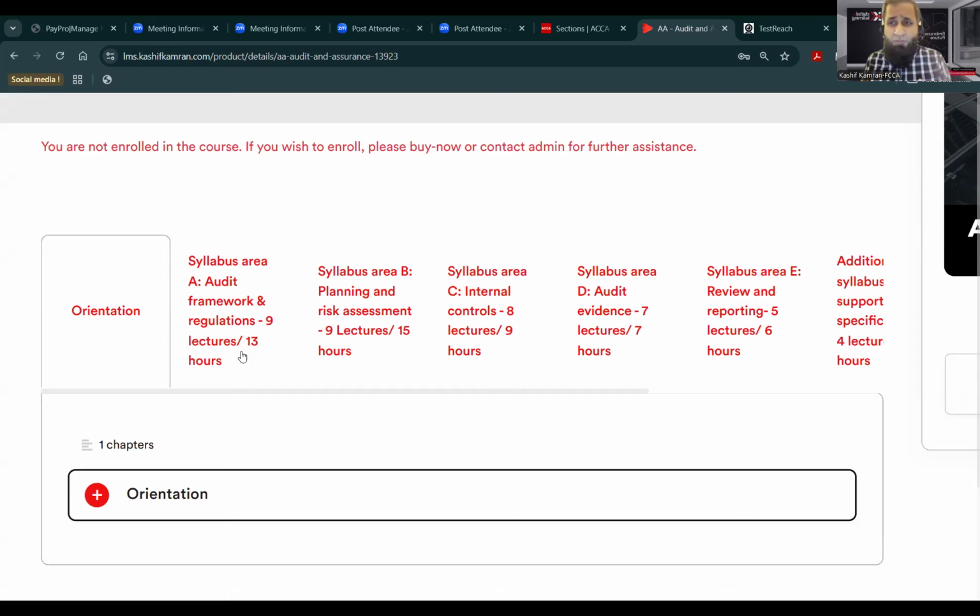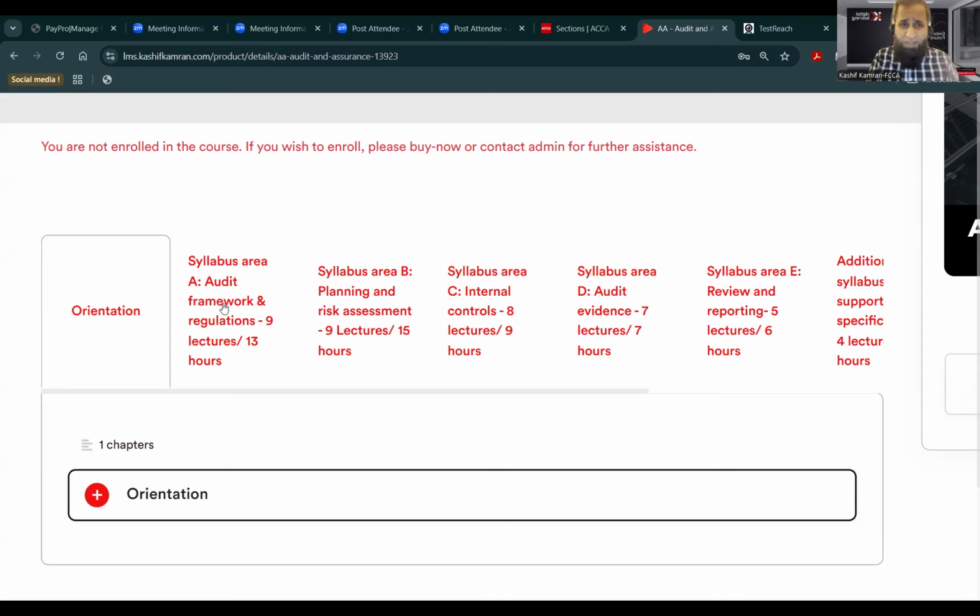So if you're a full-time student, probably doing a single paper, you might finish these 13 hours in a week's time. But if you're doing a job, you have multiple papers, you have challenges, you might finish it off over 2 weeks' time. So I'm not giving you an affirmative timetable. I give you a deadline to finish the entire course, but you need to make your timetable for every area, looking at the number of lectures and the number of hours. So you see, okay, I can do it on a week basis, I can do it on a 2 week basis. So you can devise your own timetables for that.